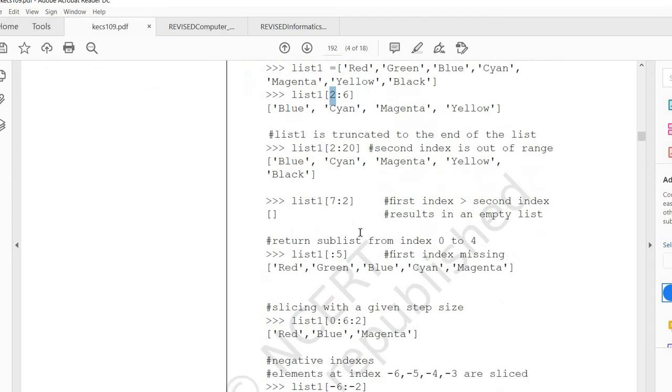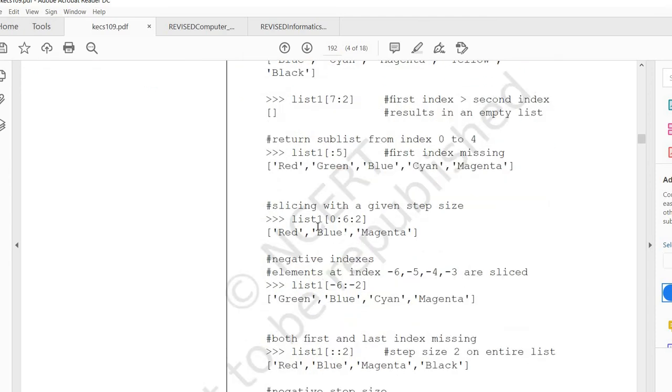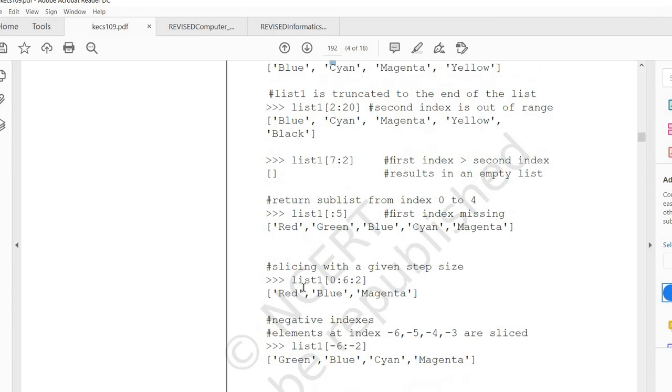Okay. Next is another slicing operator. Just see this example: list1[0:6:2]. We are starting from 0, 6 is the stop index, and one more portion is given here. This is known as step size.